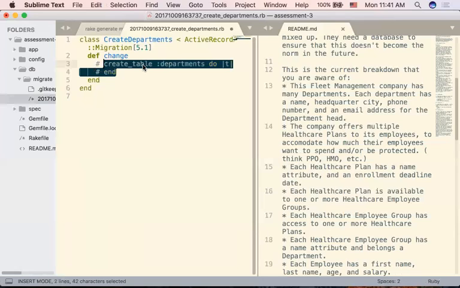So rake db:drop is calling to this file then? Rake db:drop is just dropping the database completely. Anything you do in migrations has to do with what's inside the database as a whole. So it's tables, columns, foreign keys, all that stuff. Whereas rake db:drop is dropping the entire box that the database is in. A migration has to do with anything inside the database. I promise I'll cover that more when we get to that. This create departments table